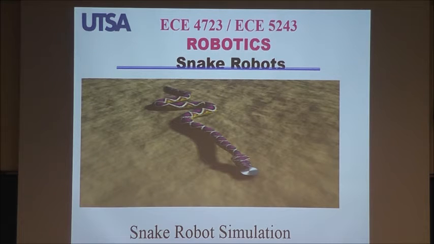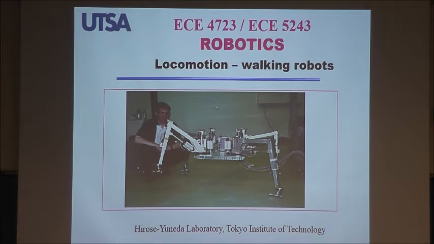In fact, this is a simulation which came out of Carnegie Mellon several years ago. This is what we don't do. We don't do walking robots right now. Okay, I used to do that in ACE Lab. But locomotion is a somewhat tough task. Of course, with the humanoid robot, we do have locomotion. It comes with the robot, so you will learn it in that way. But this is a four-legged robot, which is part of the Hiroshi Uchida Laboratory at TIT, Tokyo Institute of Technology.